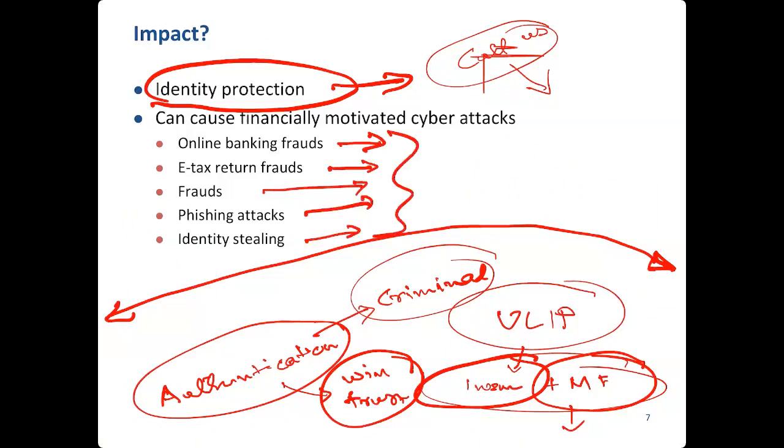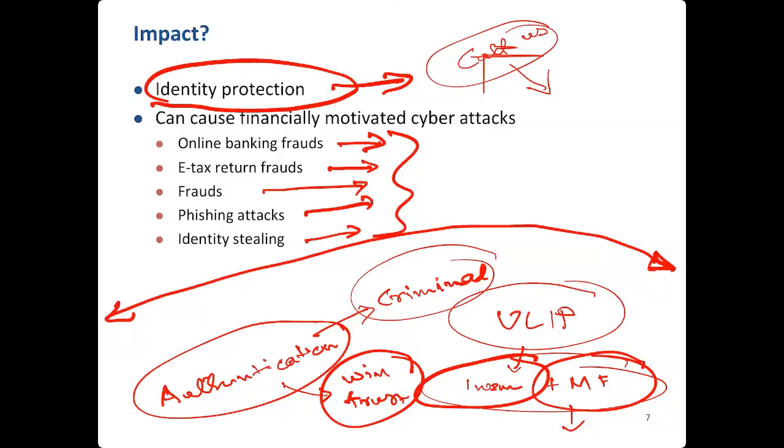I mean, they may call your father or grandfather for that matter, who's not aware of all this, and say that I'm calling from the bank. Your bank account has some issues. We want to resolve it. Then they'll say your name is this, this is your mobile number, your address is this. Your grandfather possibly says yes, all this is correct, and he will have faith in the caller and then possibly pass on the OTP. So please be aware of that.